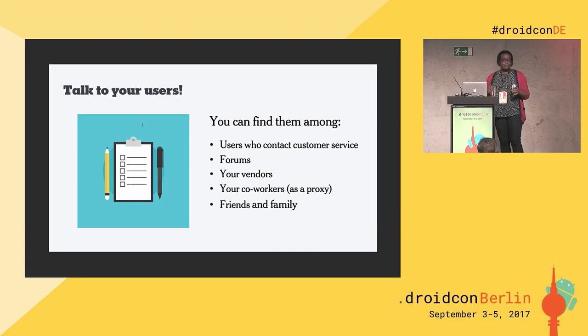If you are a B2B product, you can talk to your vendors and have a conversation about what their pain points are or what kind of problems they have and how they resolve them. And you can use that to influence what you do in your products. You can dog food your product with your coworkers if you don't have other users who already meet your demographics who you can show it to. Your friends and family are an option, though you obviously have to be careful there to make sure that they're giving you real feedback and are not trying to tell you what you want to hear.